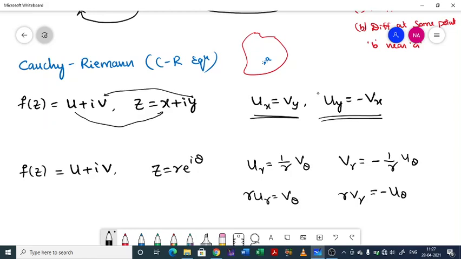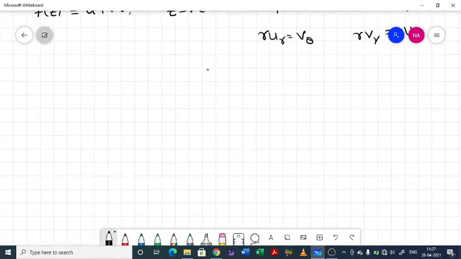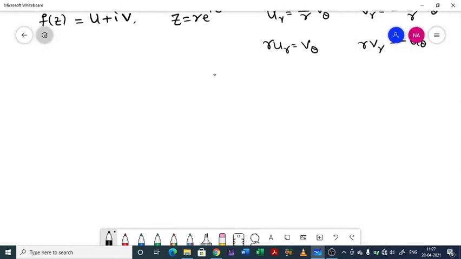Next we have to move to finding the derivative of an analytic function. Given an analytic function, how do we find its derivative? That we have to discuss. Here I will just give you the formula, and in the next video we shall discuss how to find the derivative. So I'll give you the procedure.